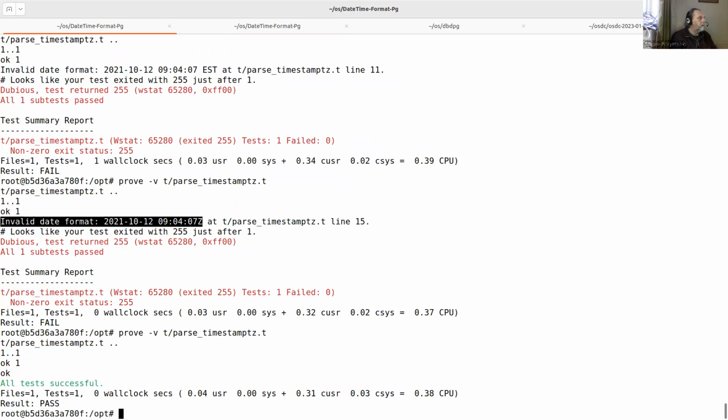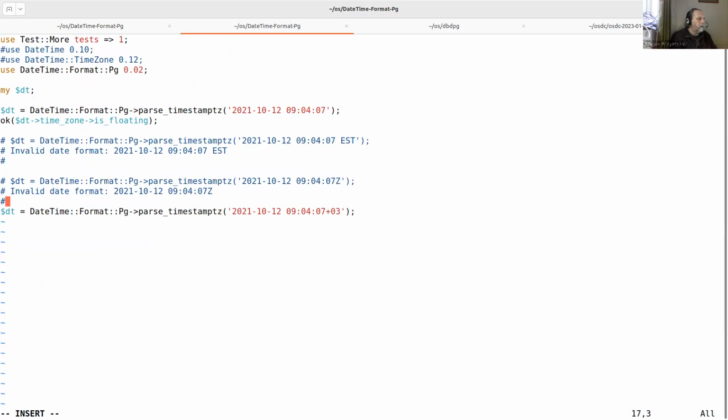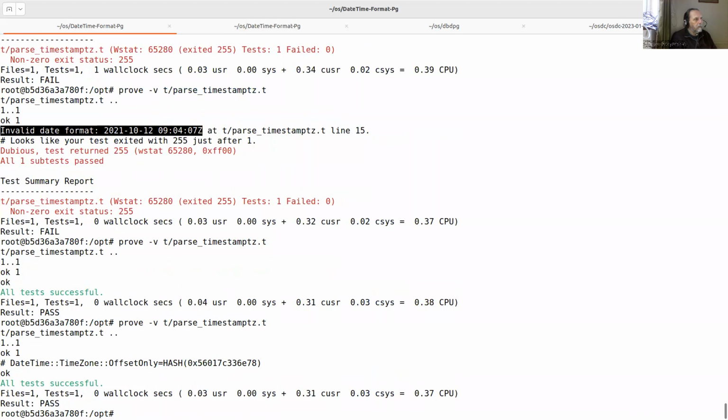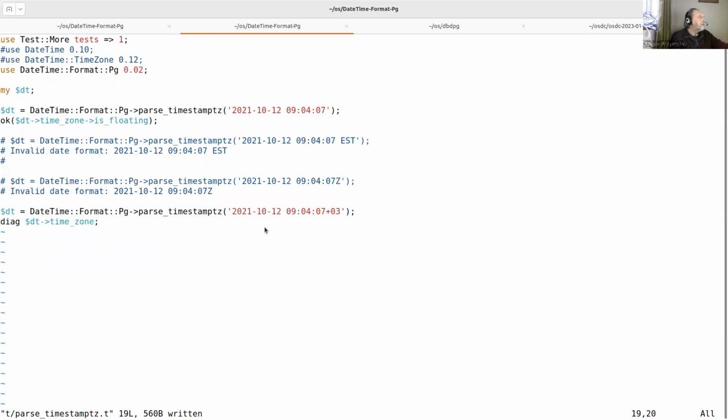Okay, so this one parses, and it's a time zone of offset only. Okay. So that would be,